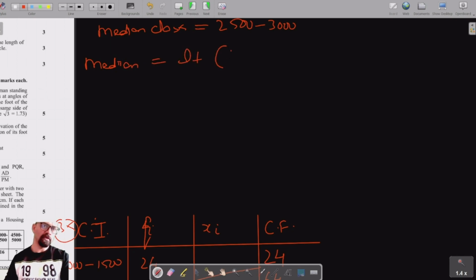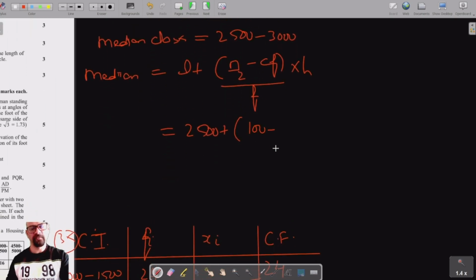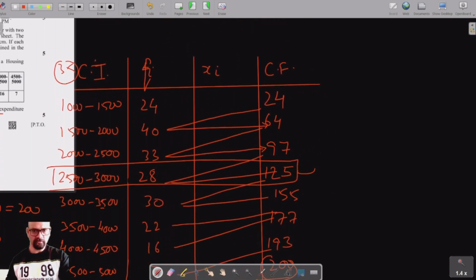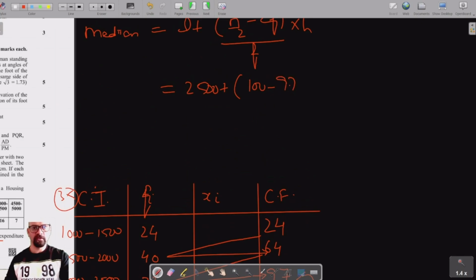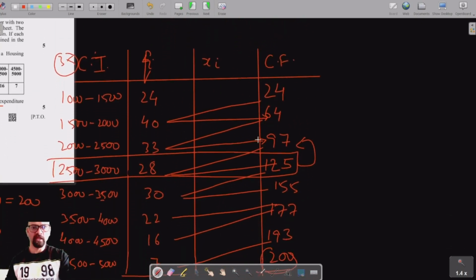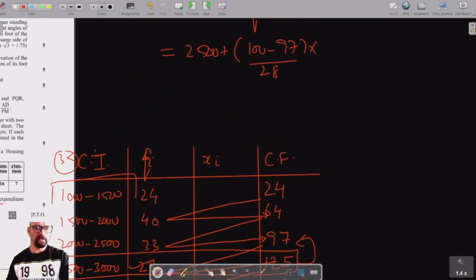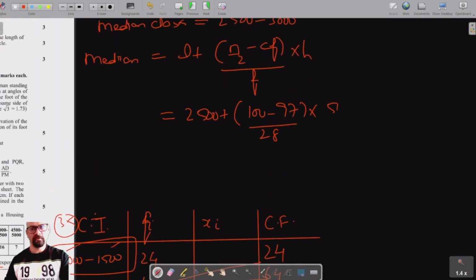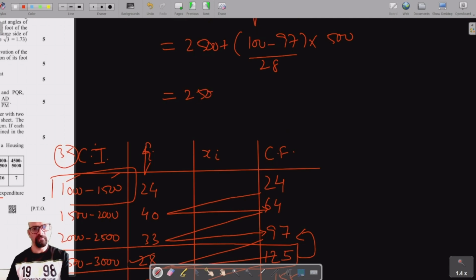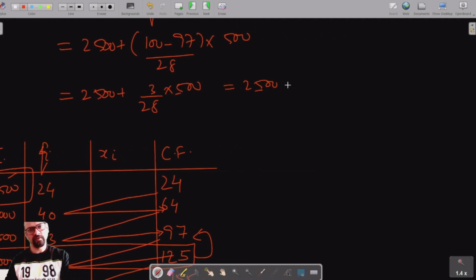Now let's find out the median. The median is equal to L plus n by 2 minus cumulative frequency upon frequency into h. L is the lower limit, which is 2500, n by 2 is 100. Cumulative frequency is the cumulative frequency of the class preceding the median class, which is 97. f is the frequency of the median class, which is 28, into h, the class size, which is 1500 minus 1000, which is 500. So this is 2500 plus 100 minus 97 is 3, into 28 into 500, which is equal to 2500 plus